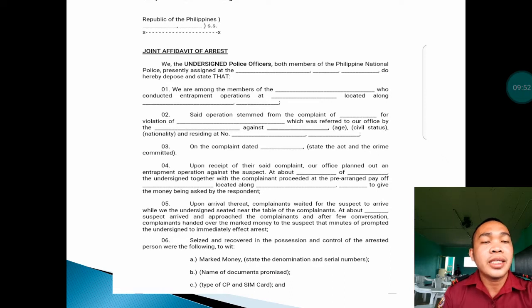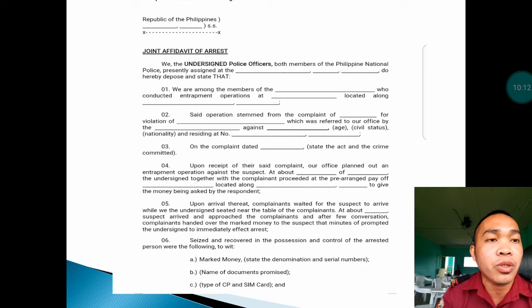So here is the sample format of joint affidavit. So Republic of the Philippines, blank muna siya ang jurisdiction kung asa dapit siya maghimo og affidavit. So joint affidavit of arrest. We, because we are a combination of two persons, the undersigned police officers, both members of the Philippine National Police, presently assigned at, ang designation sa mga two appearing police officers, do hereby depose and state that